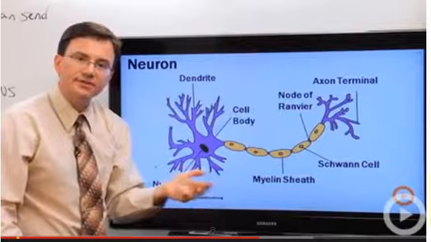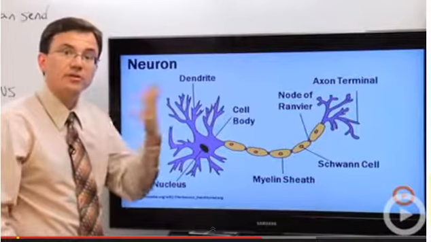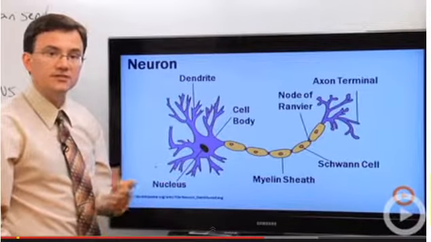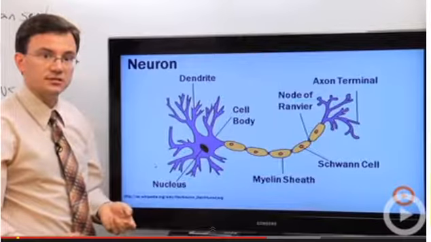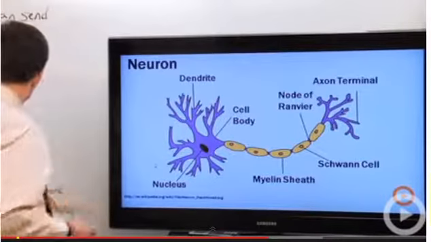When they reach the end of the axon, called the axon terminal, then it has to use another means of communication to send its signal to the next cell. Now,